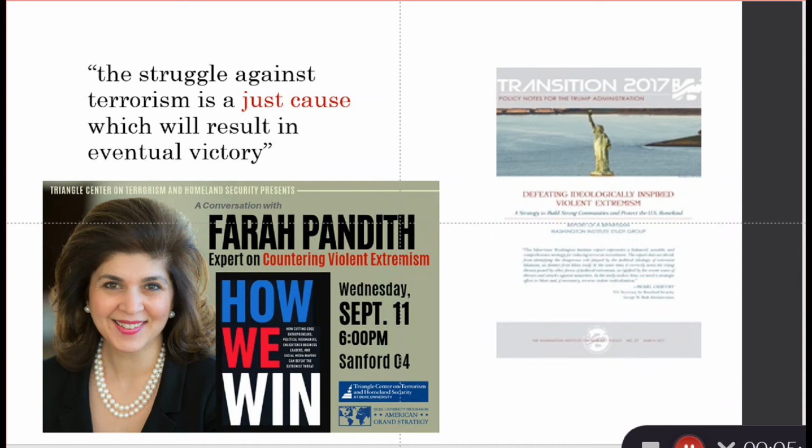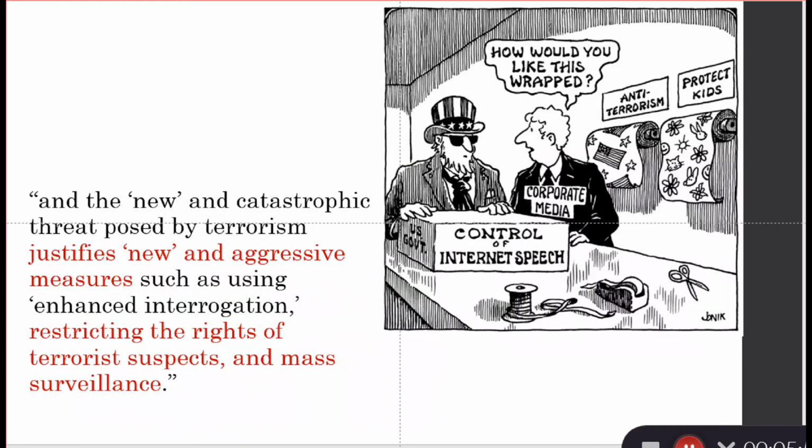And don't forget that another part of this story is that the struggle against terrorism is a just cause which will result in eventual victory because, as we know, America will prevail, right? And because terrorism is so new and catastrophic, it justifies new and aggressive measures such as waterboarding, the atrocities at Guantanamo Bay and Abu Ghraib, restricting the rights of terrorist suspects such as the right to free speech, mass surveillance,